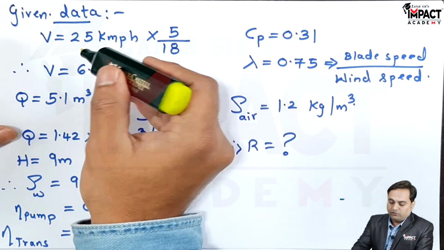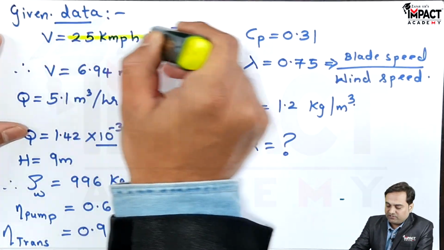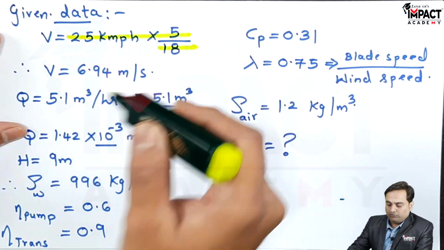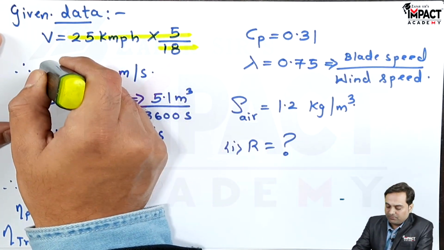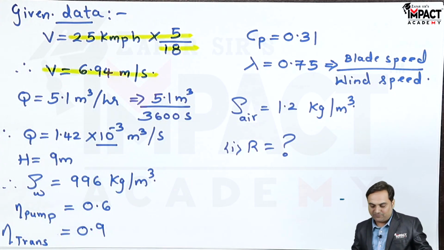So this is the speed of the wind which is given. First of all, the velocity is given in terms of kilometers per hour. Simply multiply this with 5 by 18. So it will give me the answer in terms of meter per second, because we want the velocity in terms of meter per second. So after getting this velocity,